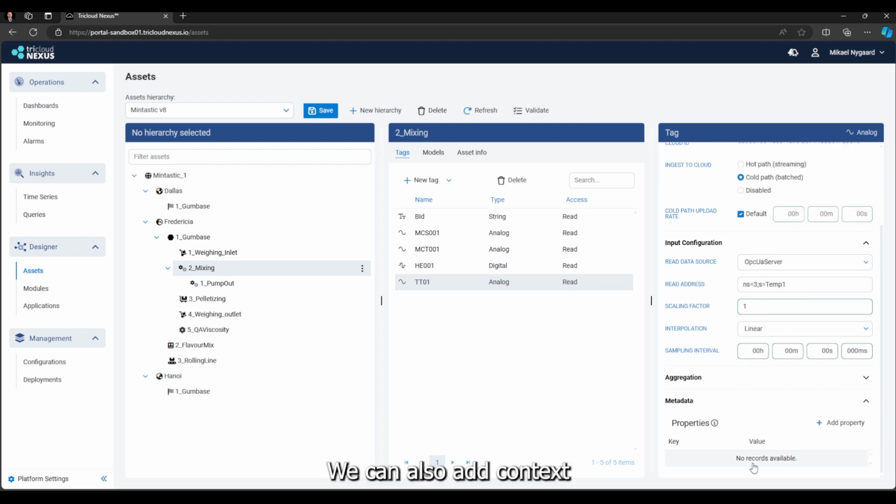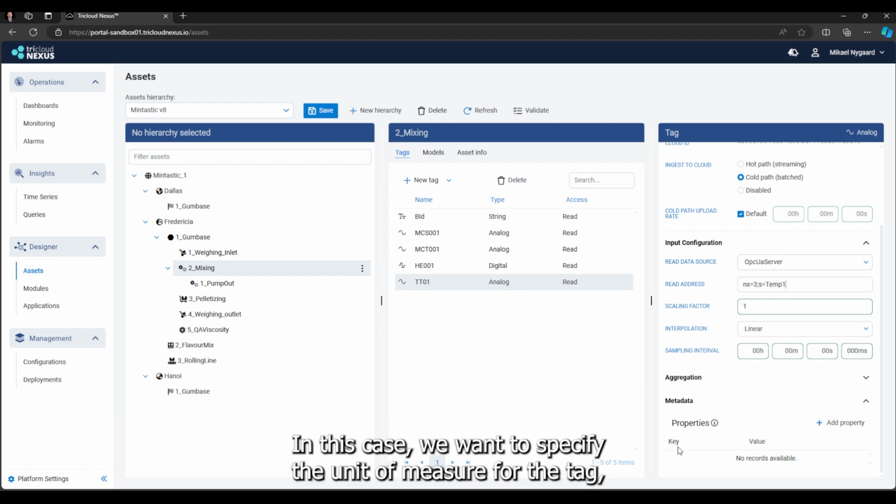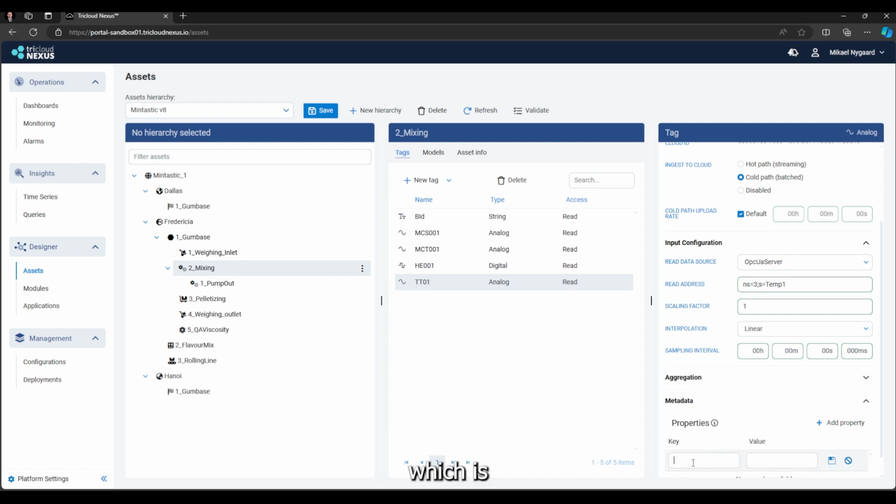We can also add context to our collected data by adding metadata. In this case, we want to specify the unit of measure for the tag, which is temperature in Celsius degrees.